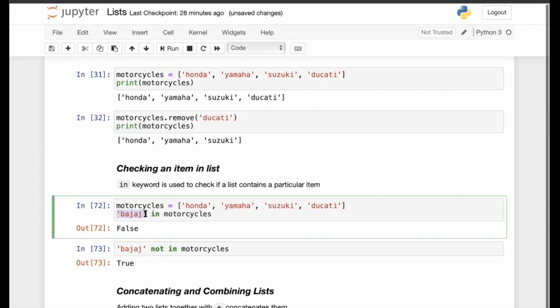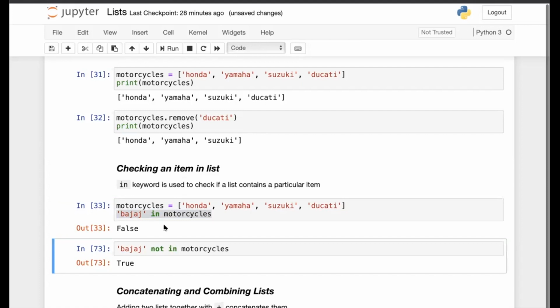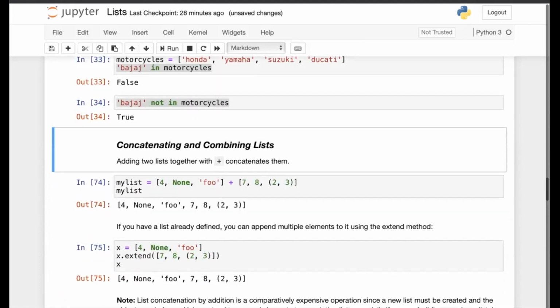So I just say 'Bajaj' in motorcycles, and it returns a Boolean value. If Bajaj is present in this list, it returns True. Otherwise, it returns False. Let's execute it. It returns False. You can also use not in. Bajaj actually is not present in motorcycles, so it returns True.